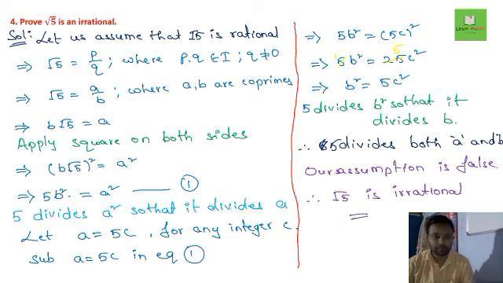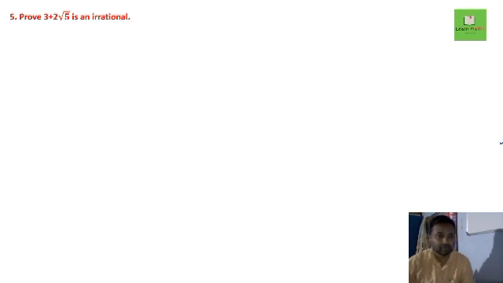That's it. I hope you understand, and every problem which is written in the form of root n, we need to follow the same process. So I hope you will understand. So we will continue with the further problem. Fifth one. So fifth one, same like that third problem mentioned, a plus or minus root b form is there. So follow the same process, the contradiction method, you can use it.